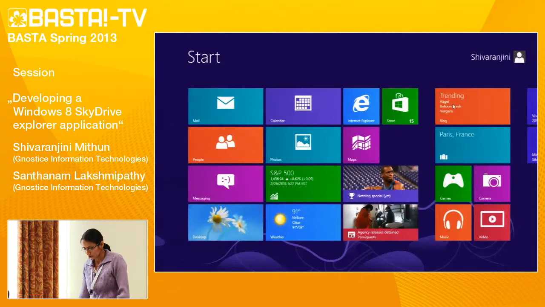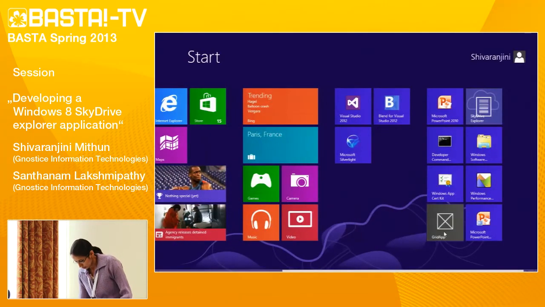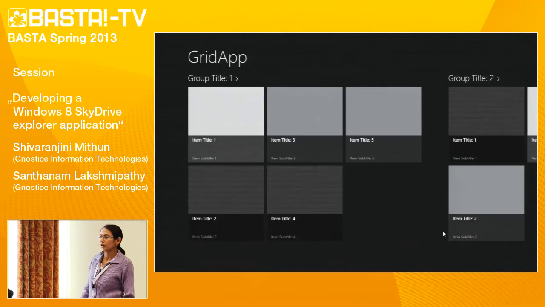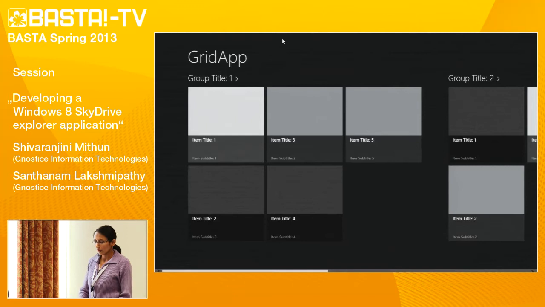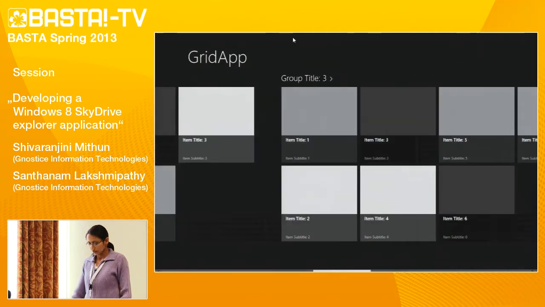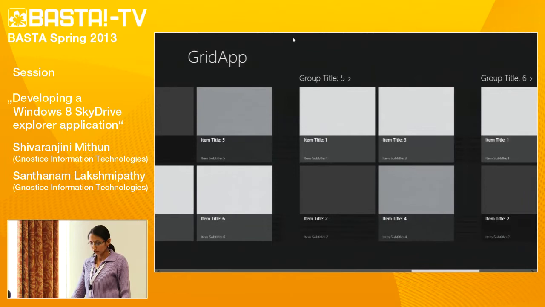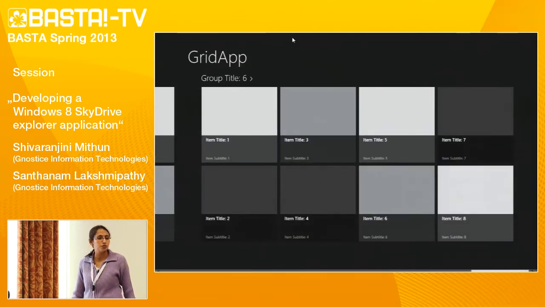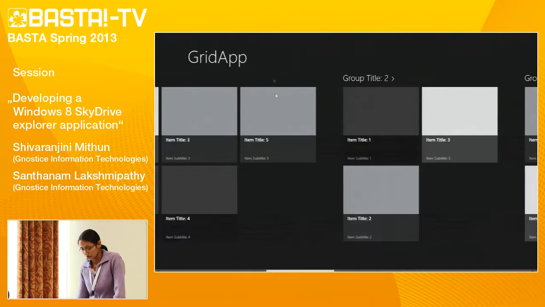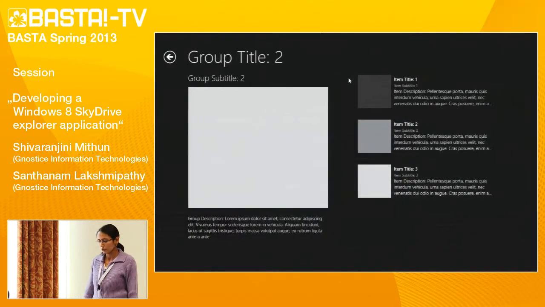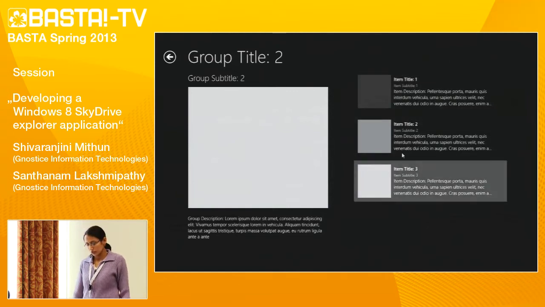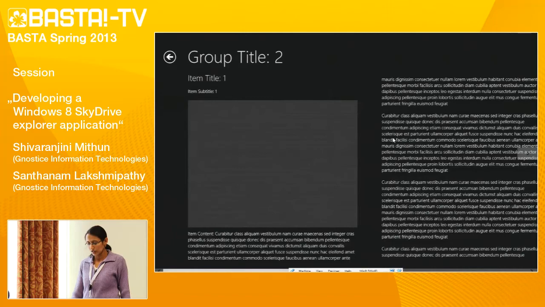As I have told, this is good for representing grouped hierarchical data items. If I run this application, it provides 3 different XAML pages, visual pages. This is the first page which will be shown. This first page will list all the available groups with their items, and this is the second page view. Here we can see only a single group with its items, and this is the last page.